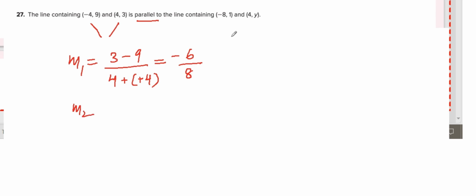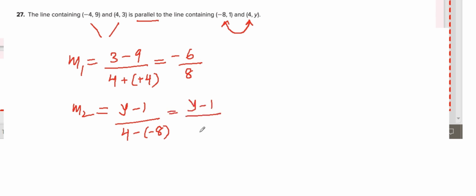What is the slope of the second line? This line. Points are given. Y2 minus Y1 and X2 minus X1, which is y minus 1, minus minus plus, which is 12. Now the lines are parallel, so the slope will be equal. Make them equal. Minus 6 (y minus 1) over 12 should be equal to minus 6 over 8 because the lines